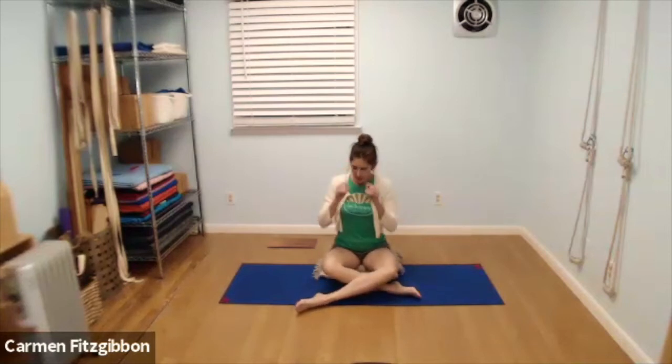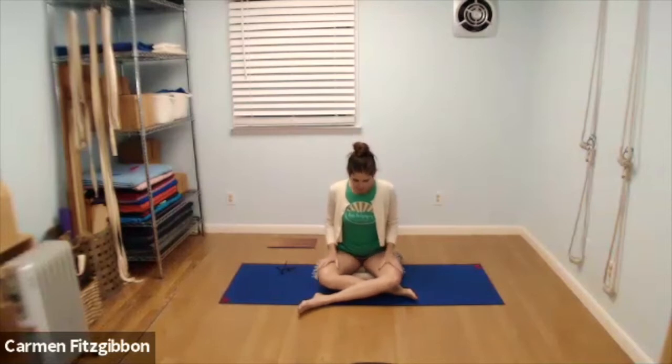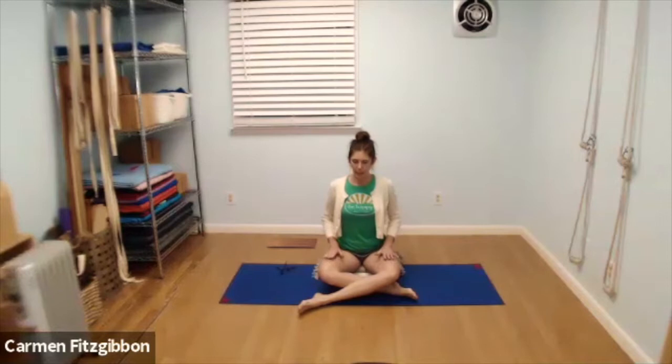Let the legs release down. Learn to let the legs relax. Bring the hands, palms down on the thighs. And as you look straight forward, feel that the crown of the head can ascend